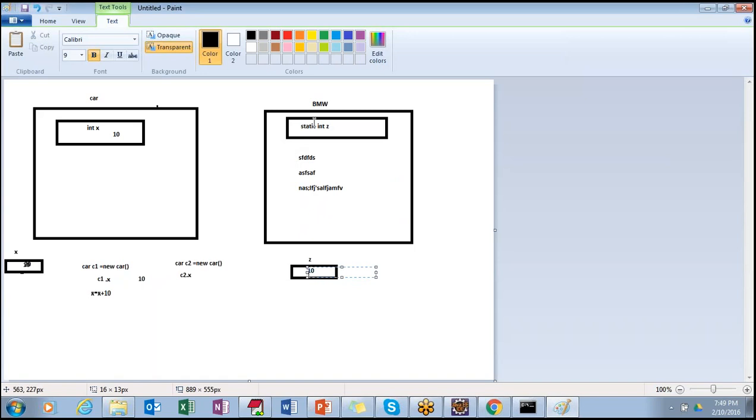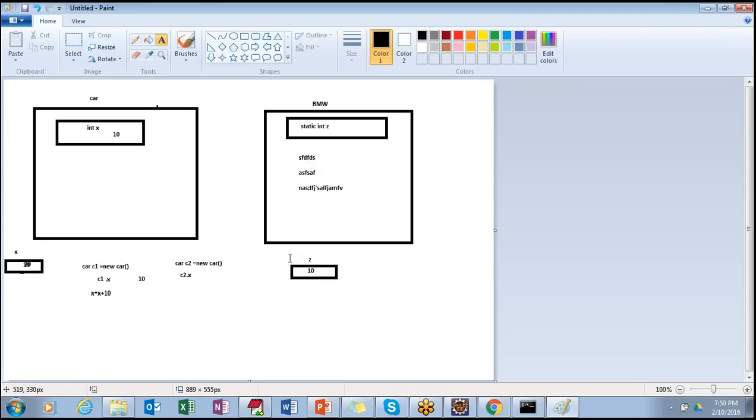When we run this class, initially the z value is 10, but when my code executes, there is a process. I wrote some code in such a way that the z value gets increased again and again. For example, z equal to z plus 10. I do this process again and again. So 10 will become 20, 20 will become 30, 30 will become 40, 40 will become 50. So the z value keeps increasing, and this is always the same.